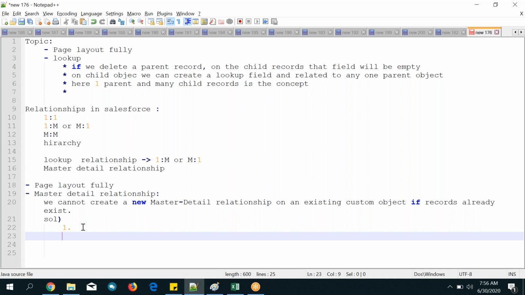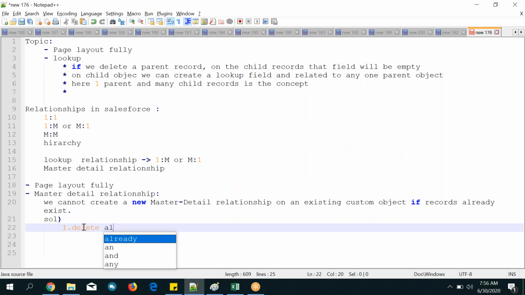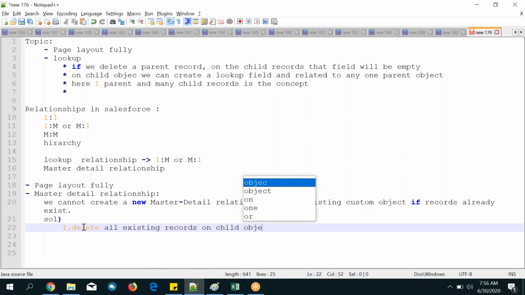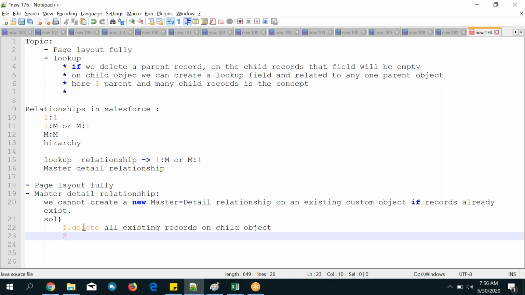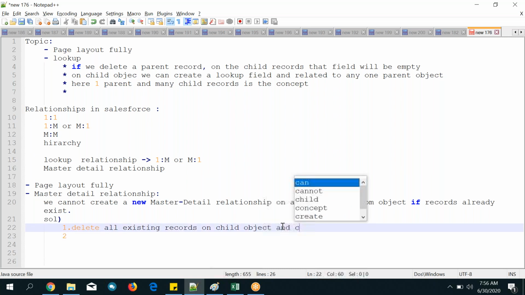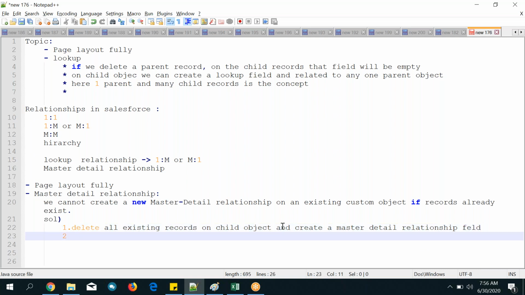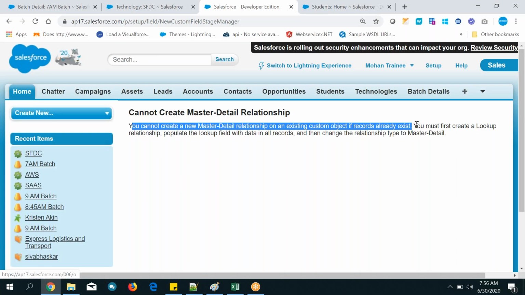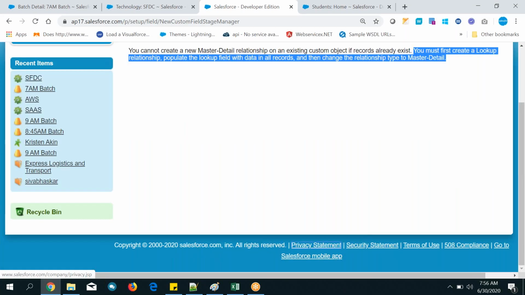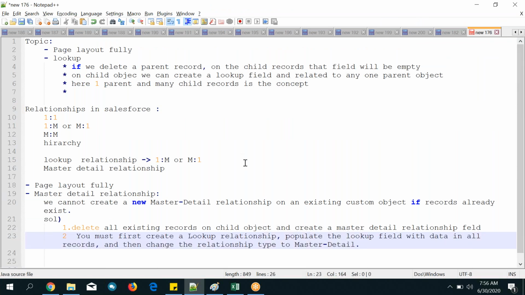One solution is delete all existing records on the child object and create a master detail relationship. Second one, this is the one.